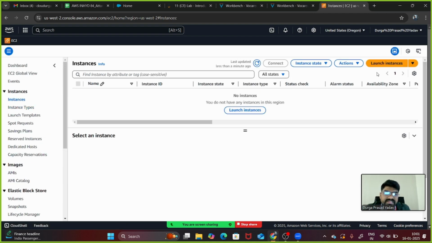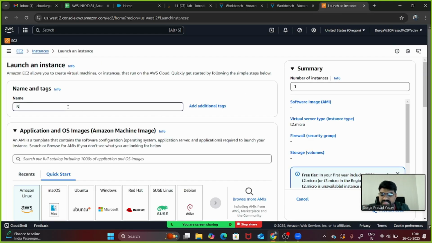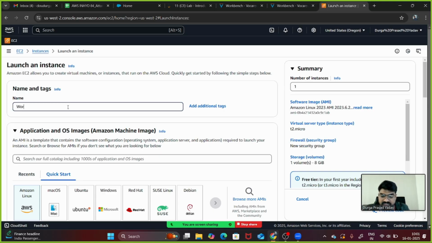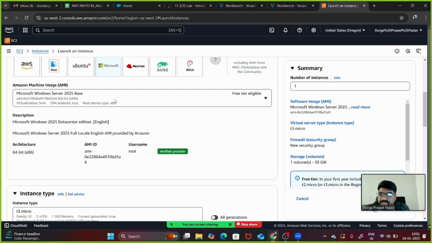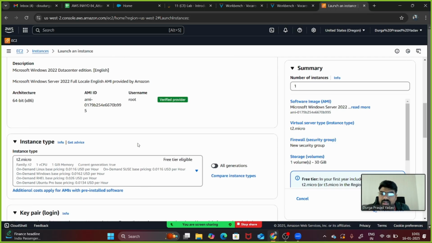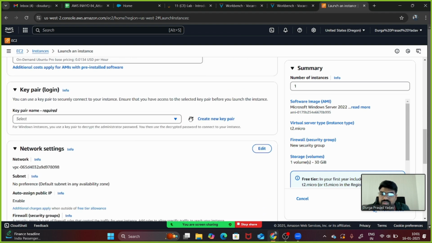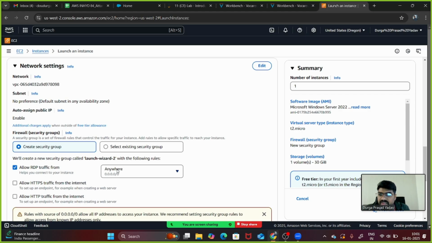So if I create a virtual machine here, let's say I go to instances and launch one instance, and I give the name of the instance as workload 1, let's say I'm just keeping workload 1. For this workload 1, I am selecting Windows here, Windows Server 2022 base. I will not create it, guys, I am just doing it for showing purposes.